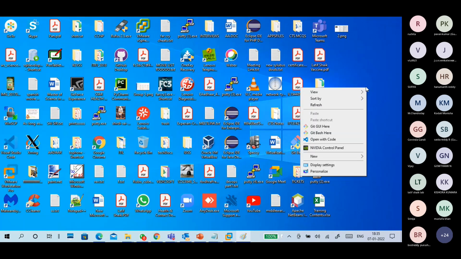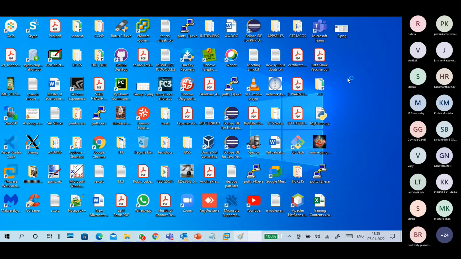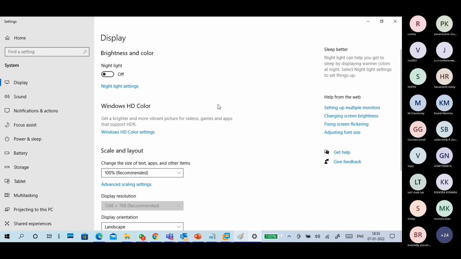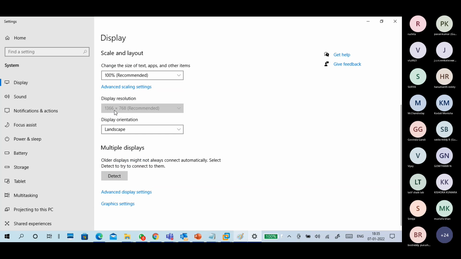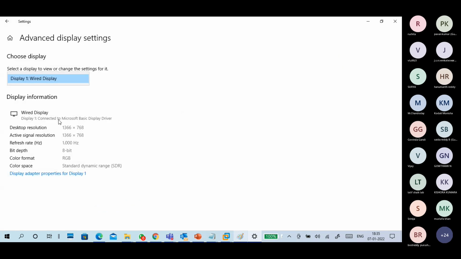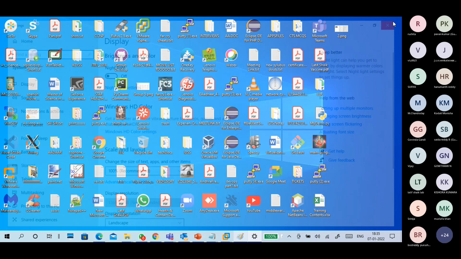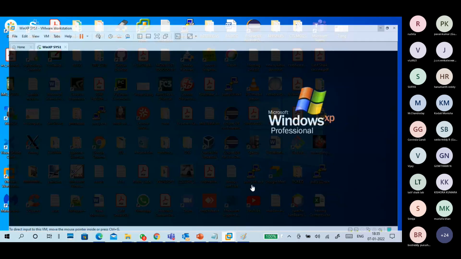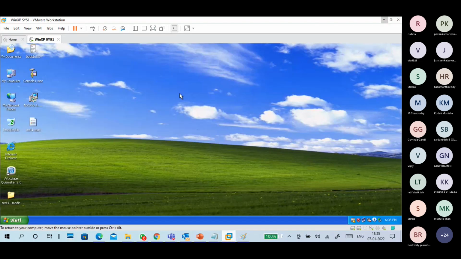Post and post failure. Guys, understand POST at least? I told some big stories. That is also troubleshooting. This is display. See, it is 1366 by 768, and it does not let me change it. Advanced display settings, display one. It is showing like this only. So this is my display settings, because the system is unable to detect the screen size and all.